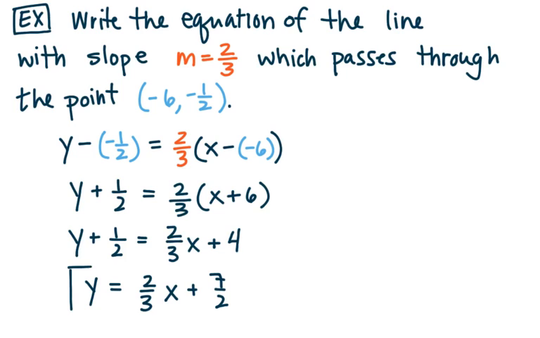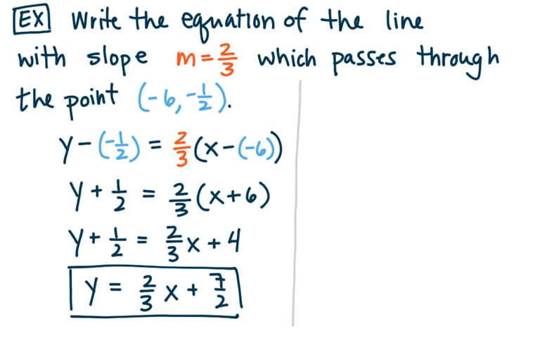So this is the equation of the line. Now, this is not the only way you can do it. You could use y equals mx plus b, but that's kind of a two-step process. And one thing I have found over the years is that students will stop at b and not fully answer